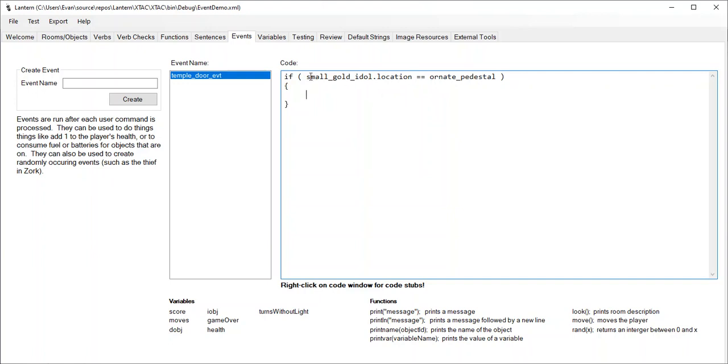So if the small gold idol is on the pedestal and the door is closed, and that's the double ampersand, that's shift 7. I mean, that is "and." When I see that, I hear "and" in my head. If somebody said, write out the word "and," I would probably write out that instead of the letters A and D, because that's what I do. And